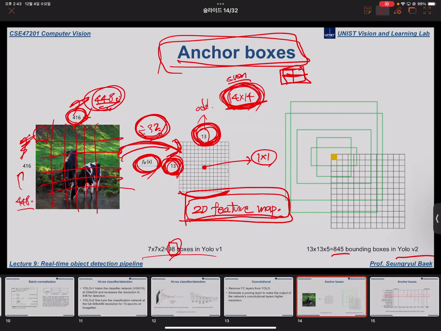Are you guys following this? So the authors are saying that they prefer to make the width and height an odd number. So they on purpose reduce the size of the input image to 416 by 416 instead of 448. Okay. And anyways, instead of making the grid, they directly get this 2D feature map, and then for each